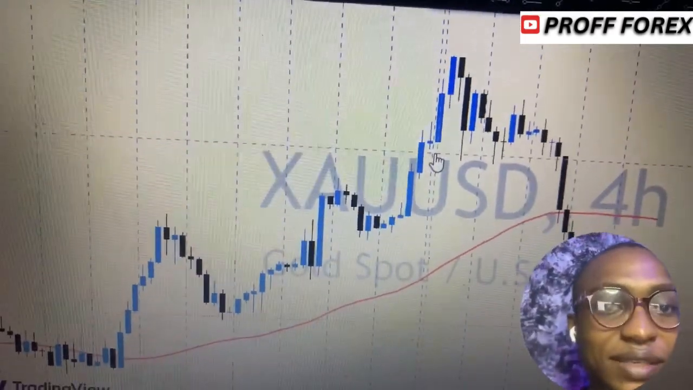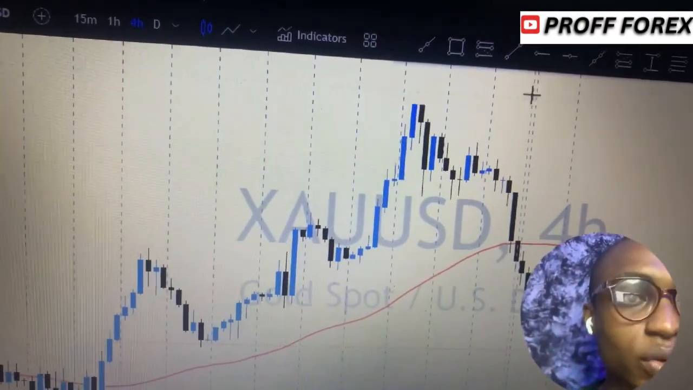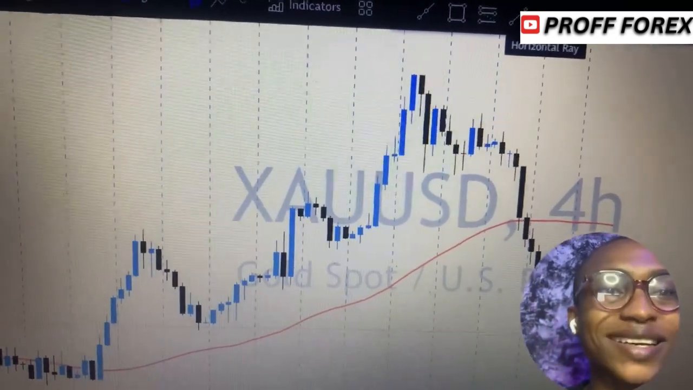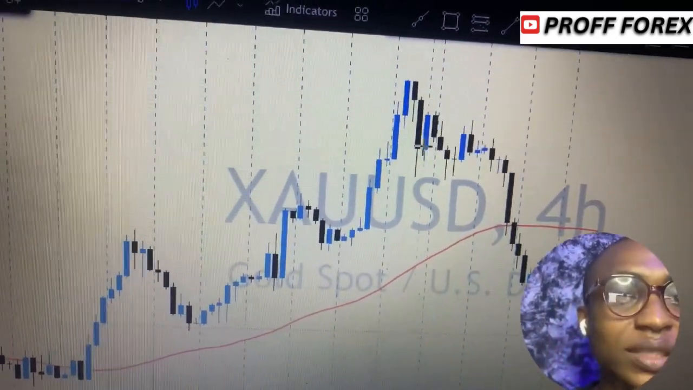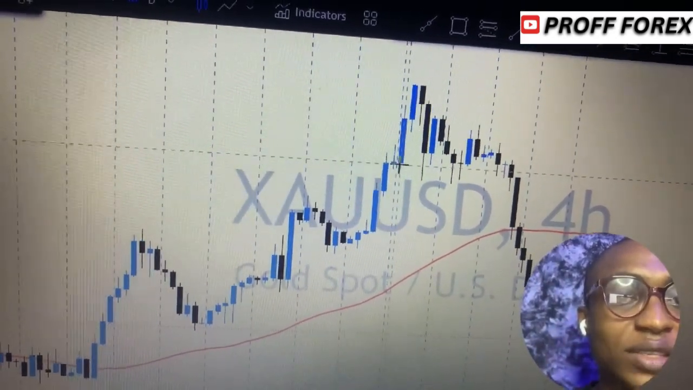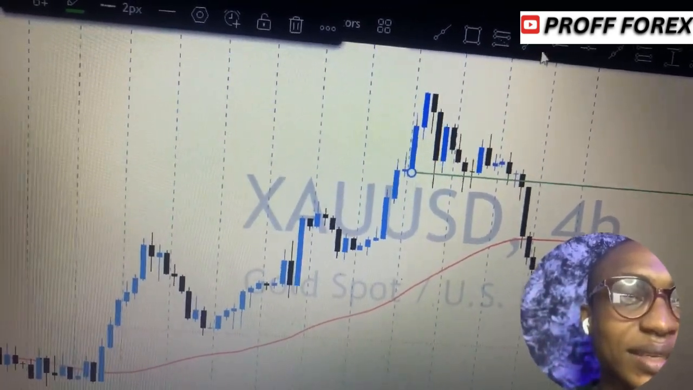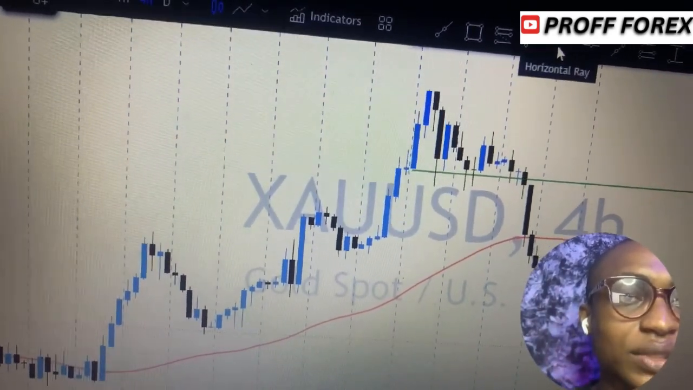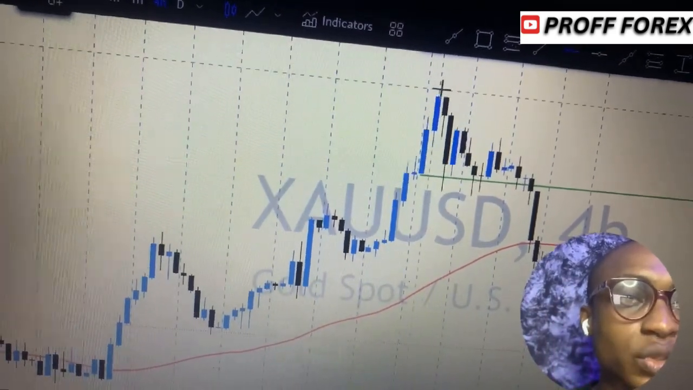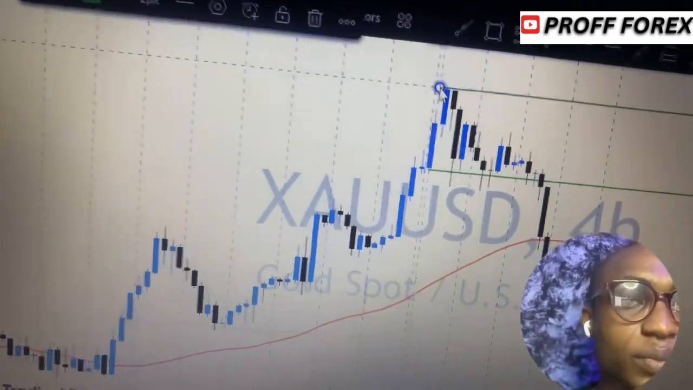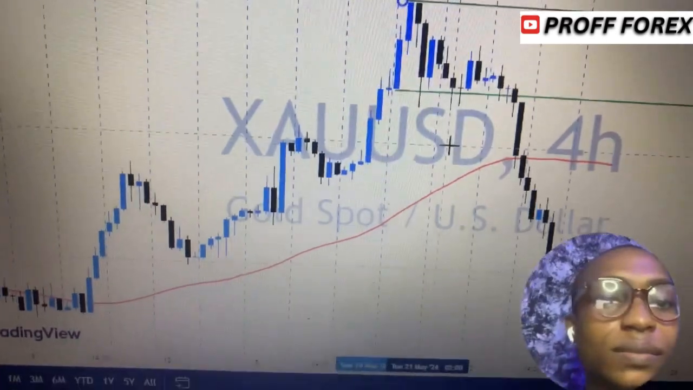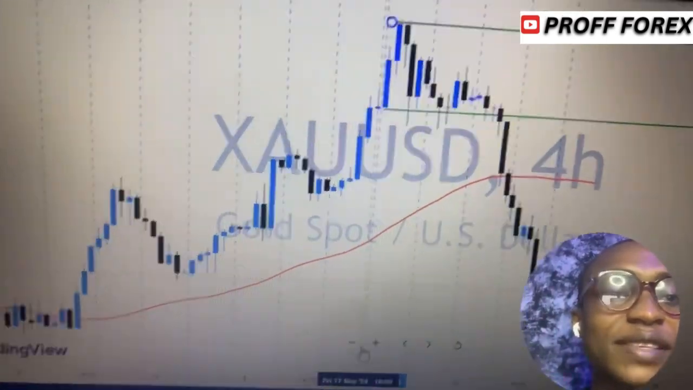So as this is the first candle, what do I do? I toggle on my horizontal ray and I take it down to the first candle. As you can see, it's here. I toggle this up again. This was the second candle that closed. So what does it mean? Every week,